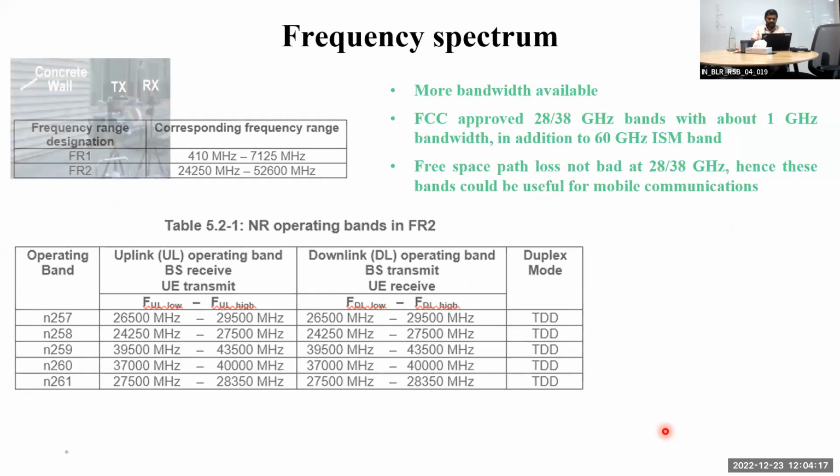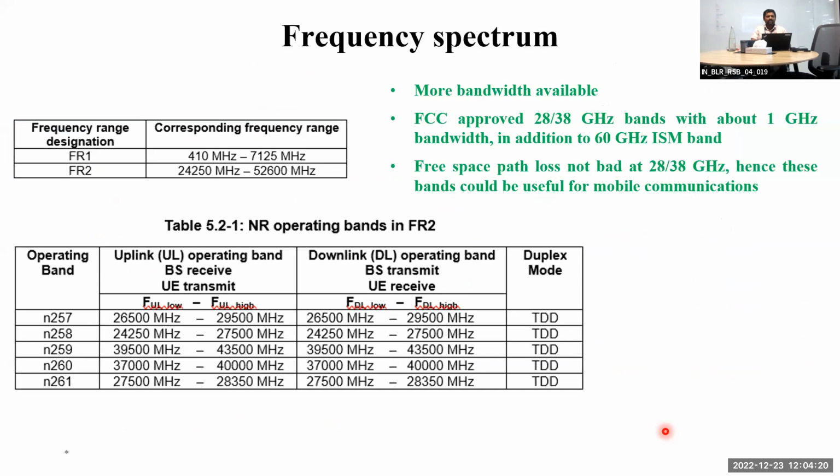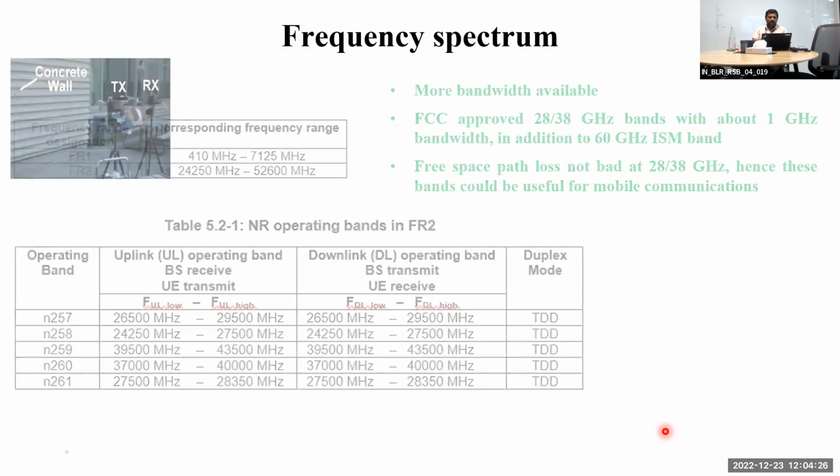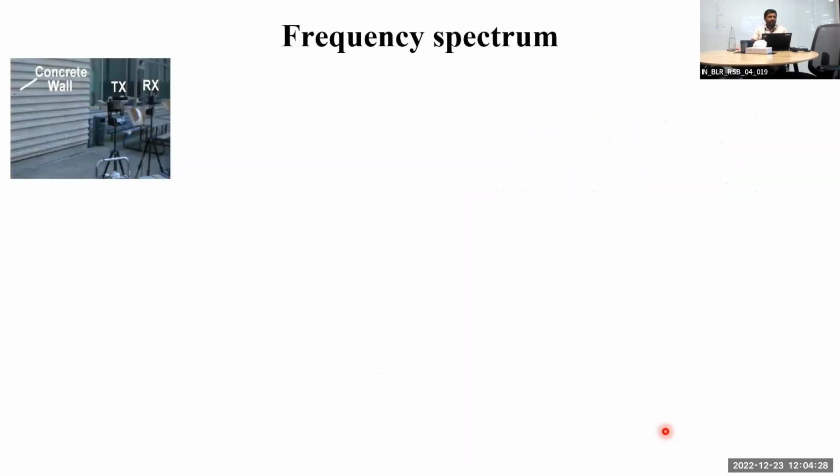Coming back to the frequency spectrum, we have plenty of frequency bands. So how do they decide the bands? Somebody may be thinking that you just write some frequency names, put them in a box, and somebody picks one. No, not like that. For each frequency, they define it carefully.